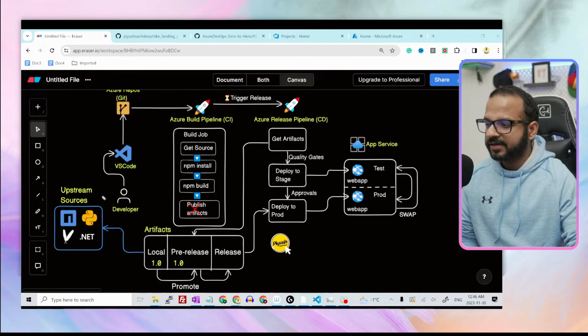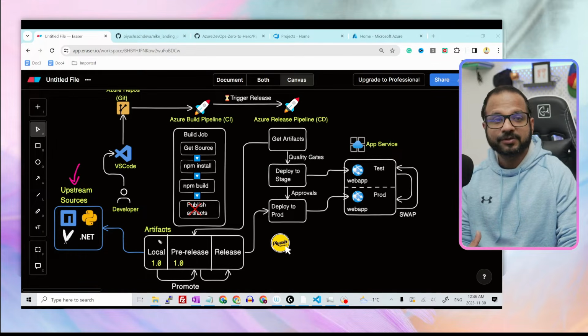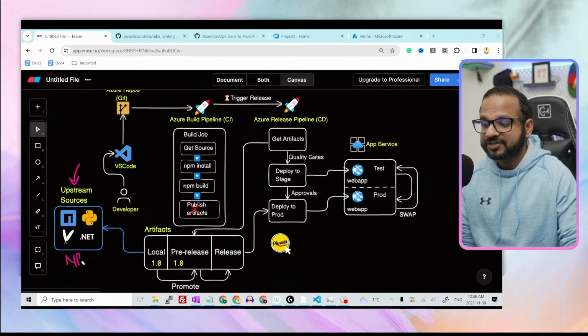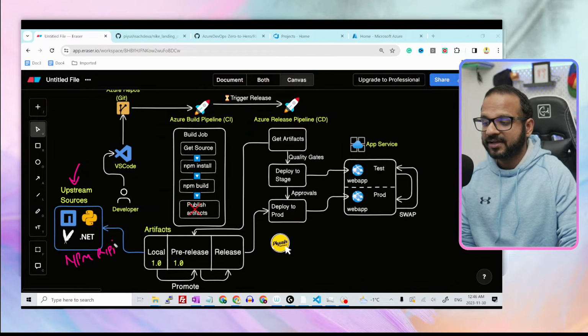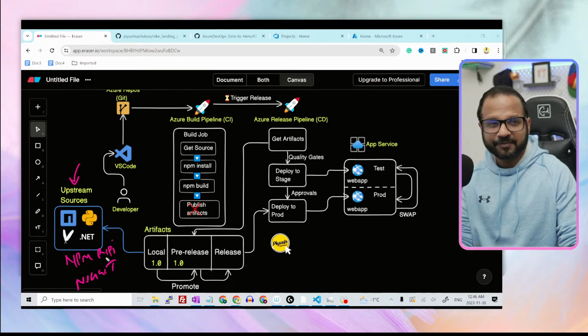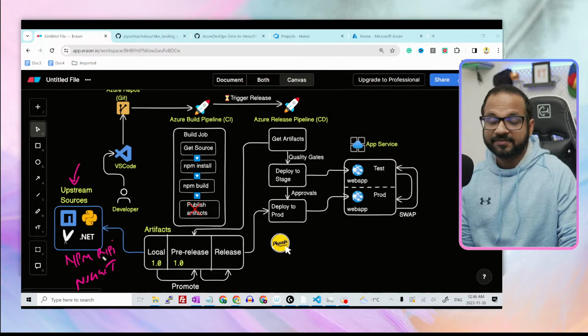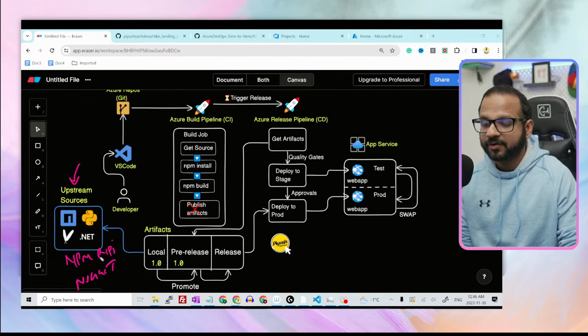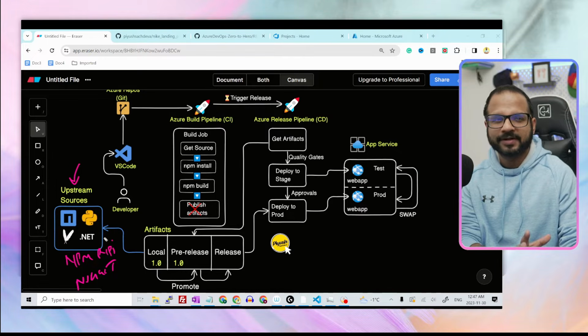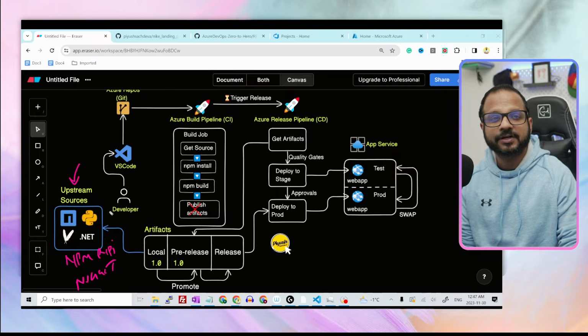And over here, you see it says upstream sources. So for the packages that we are using, we can download the packages from upstream registries as well, such as the npm registry, pypi, nuget, maven, gradle, and there are a few more registries that are supported, and we can use that as well if we want. So let's proceed further to the next step and set up our infrastructure, including the DevOps